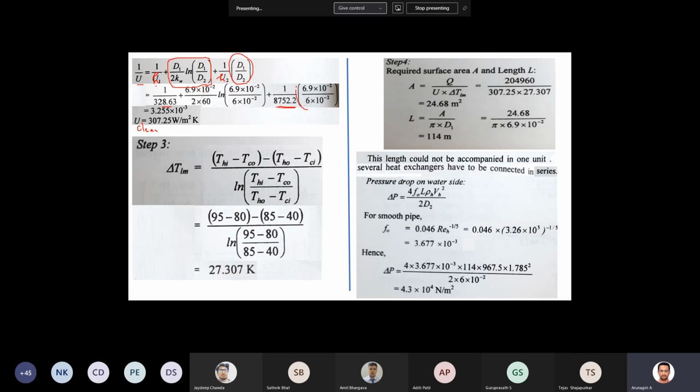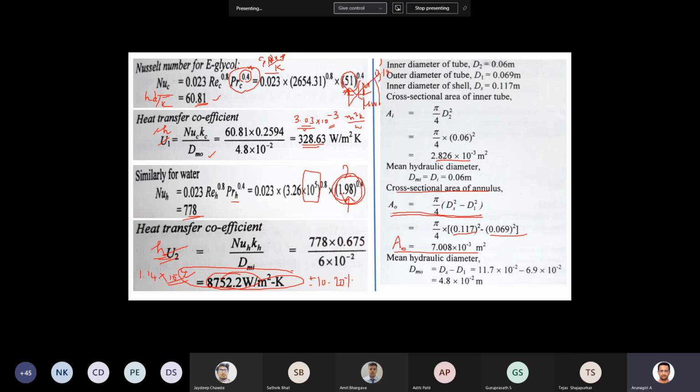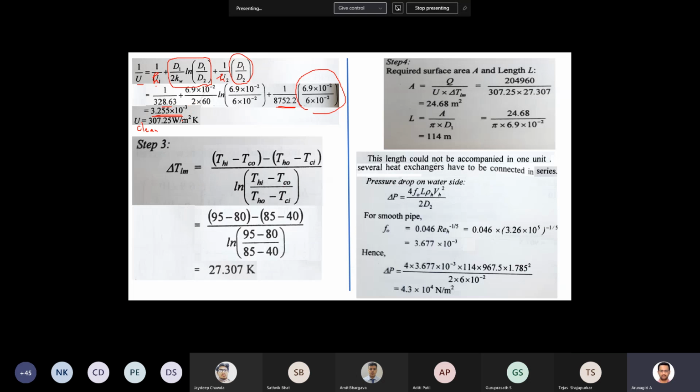Okay, so this is the area correction factor, the heat transfer surface area correction factor. So now you see the value is around 3.255. So this is the 1 by U value, the overall heat transfer resistance. Here also you can see 3 into 10 power minus 3. So now if we calculate this value, the conductive resistance,